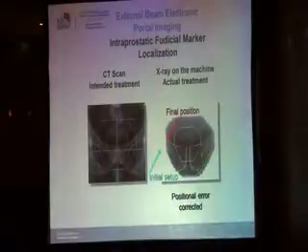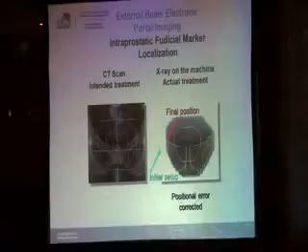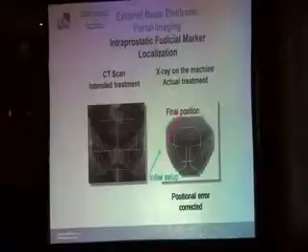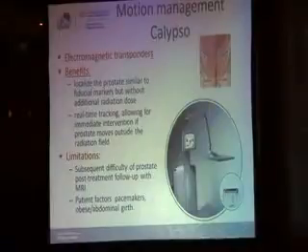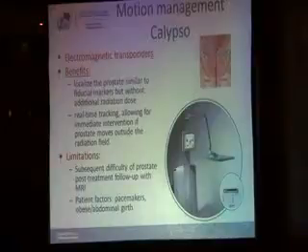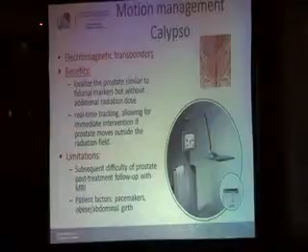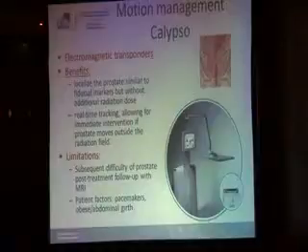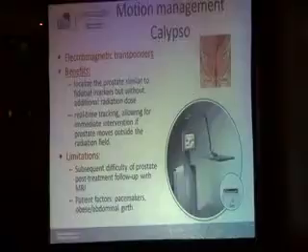This is how the external beam is done. This is a fiducial, and so we can be sure every day that we are within the same position and same thing. With the Varian Calypso, they use the electromagnetic transponders in order to have the patient in position. Here we are in need of the fiducial again. And the